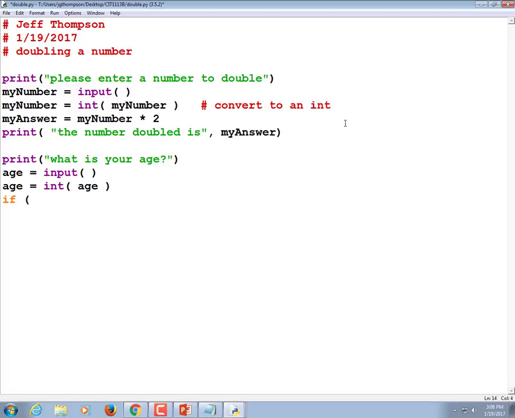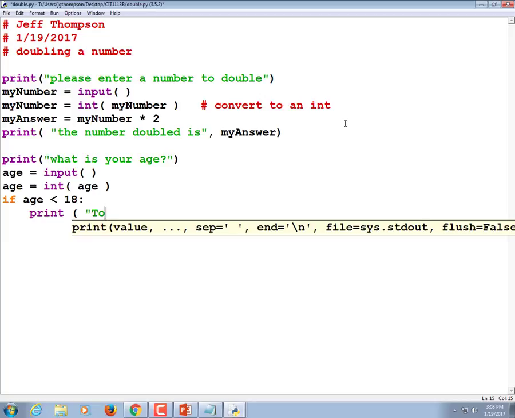If, and I put parentheses around my if statements quite often because it's mandatory in some languages, but you don't have to in Python. So sometimes you'll see me start to type a parentheses and then remove it. If age is less than 18, colon, tab,